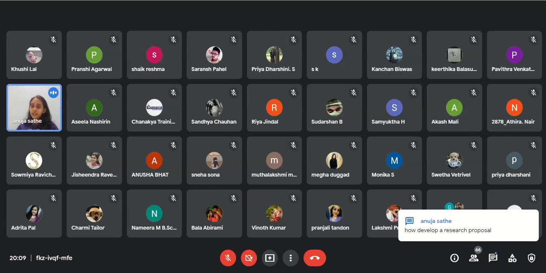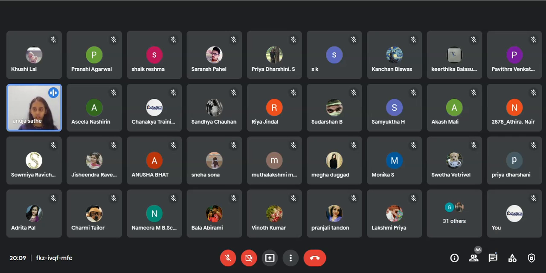Okay, so I will start with the second point first, because I think that is again more of a lecturing method that we had done yesterday, and then the activity, that is how to form your research topic, we can do at the end so that everyone gets a chance to say and discuss things, because discussion will take time and we will lose out on the last part probably. So I'll quickly finish the topic on how to develop a research proposal, or rather how to write your